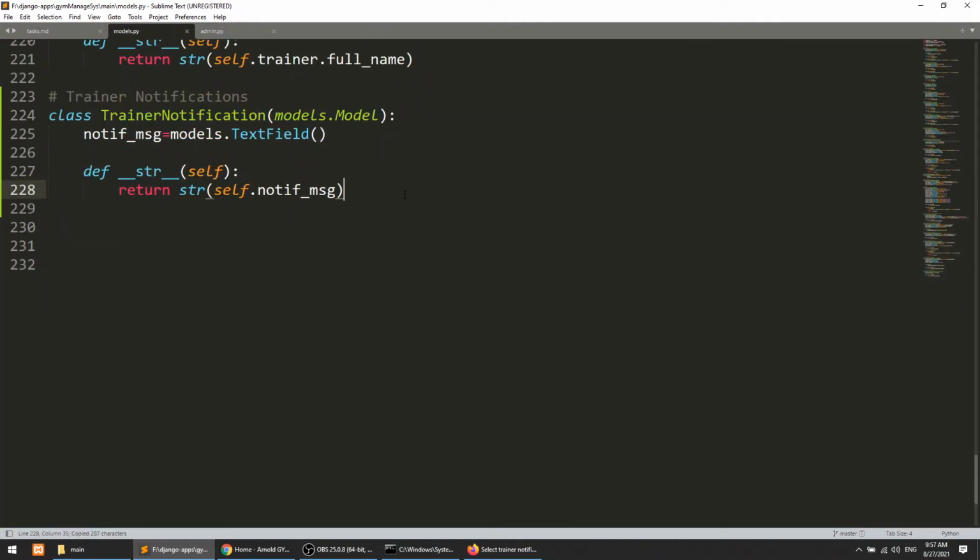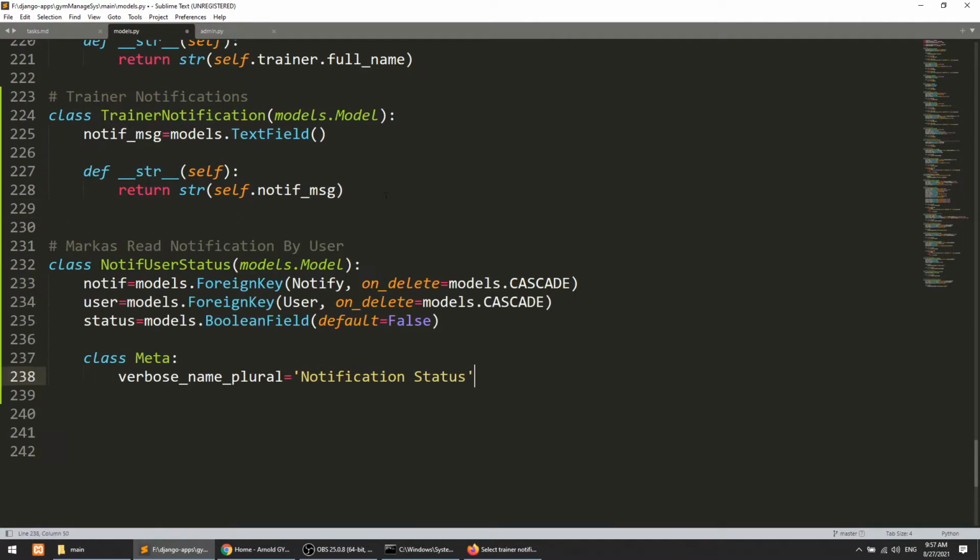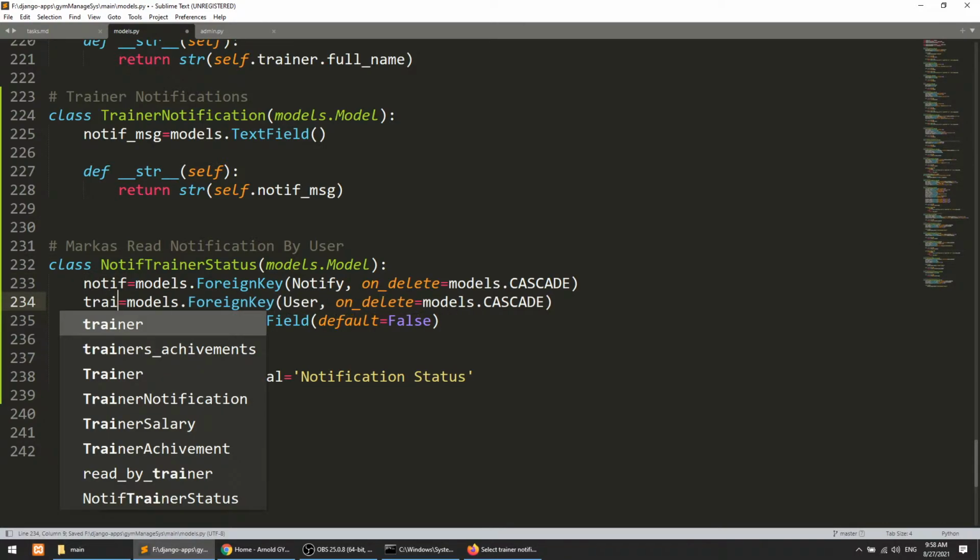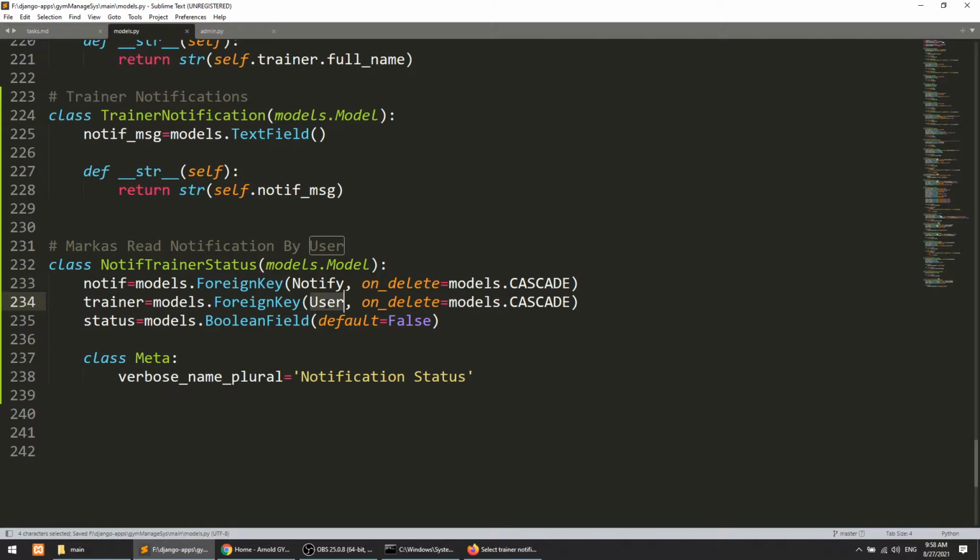In that we will define the relationship. So in the notif trainer status, we have the notification, and we need the trainer relationship, so here we will define the trainer. Here we will say trainer notification status.